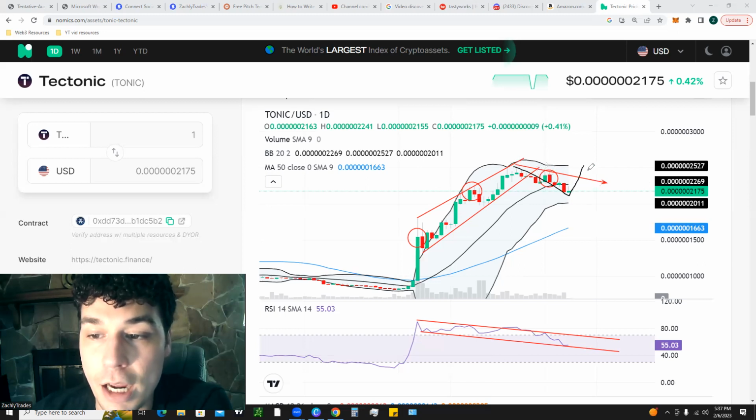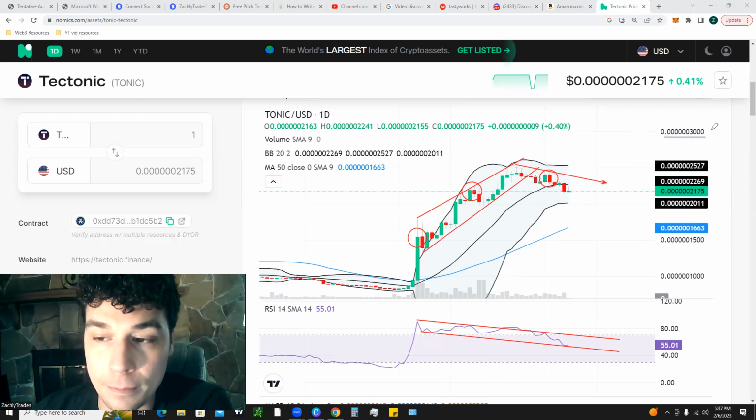If we are able to break out, retest this trend line, we could come up to the 3000 level. Otherwise, most likely we're going to end up coming back down here, but we have our bottom Bollinger Band at support right around 2011. That could act as support, and that could end up consolidating and pushing us back up to retest this trend